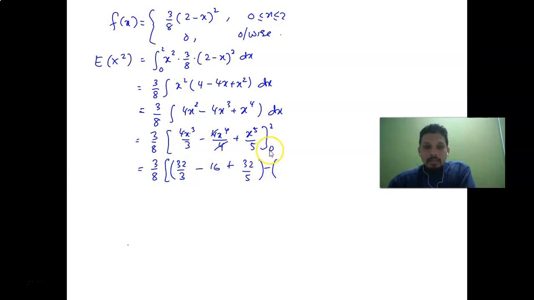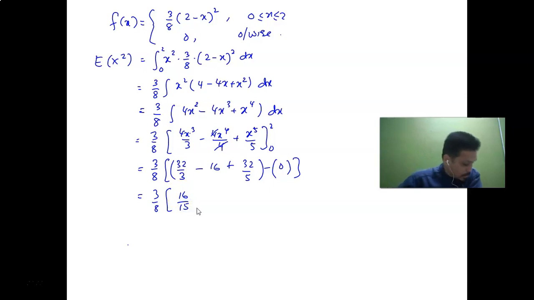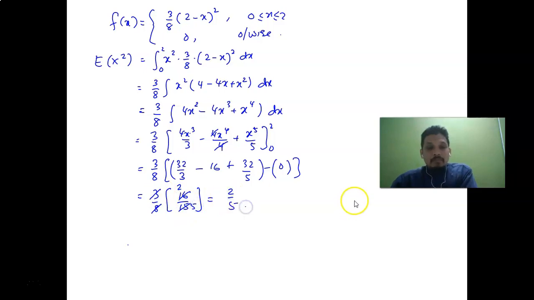Minus, so substitute now for 0 here. Substitute 0 here, here and here, so everything equal to 0. So 3 over 8. For this one here, you may use what we call a calculator and it gives you 16 over 15. 16 over 15. So simplify this. 8 with 16 gives you 2, and here 3 with 15 is 5, so equal to 2 over 5. Okay, so this value